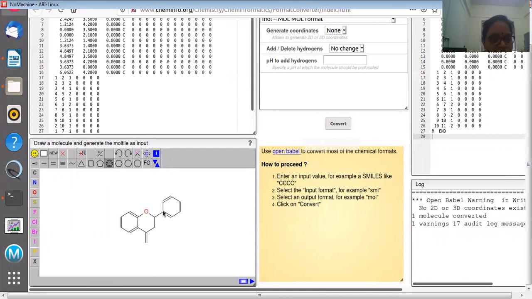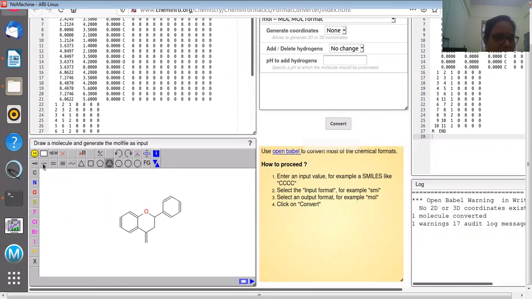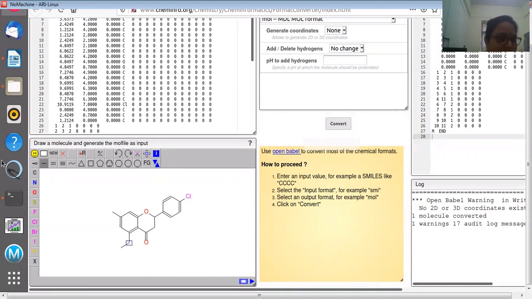So quickly I will make this molecule. You can just select and click and you can prepare the ligand of your own choice. As far as possible, it is very simple to make. Okay, so just do it patiently. Okay, so I will concentrate on preparing the ligand to save time, and yes, so this is the single.